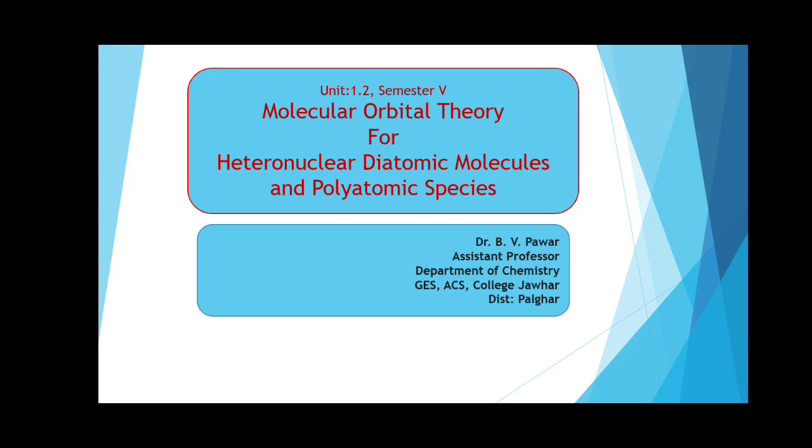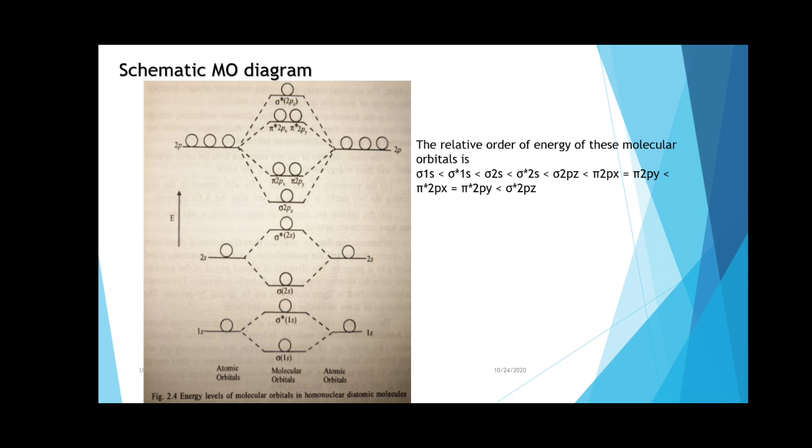Now, as we know, in MO diagram we have different molecular orbitals like sigma molecular orbital, pi molecular orbital, delta molecular orbital. But for simple diatomic molecules, because we have limited examples, in SYBSc we saw a few of them, like C2 molecule, B2 molecule, N2 molecule, O2 molecule, or some simple heterodiatomic molecules also.